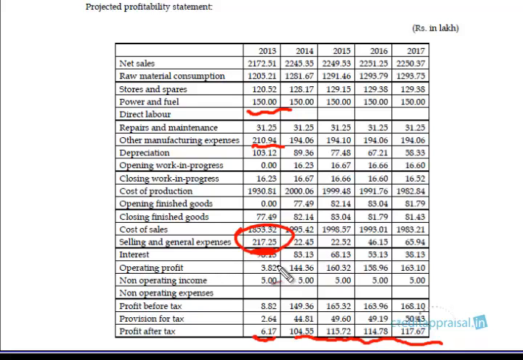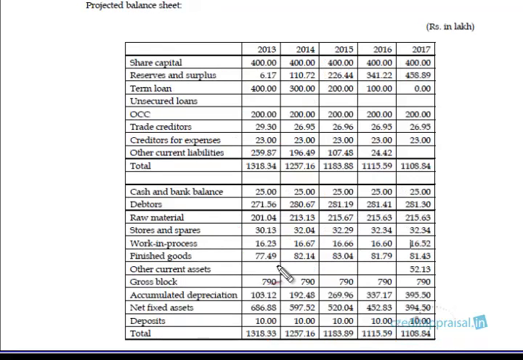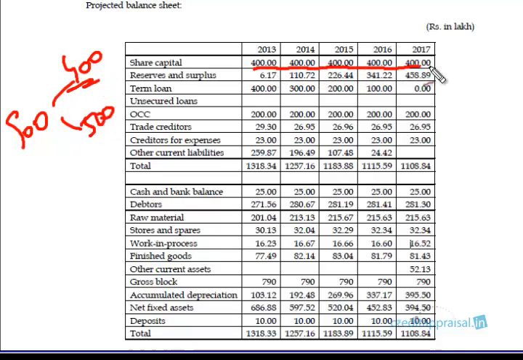This was the envisaged P&L account, and we can also have the projected balance sheet. This was the balance sheet projected last year. If you remember, the 9 crores project cost was planned to be met by 4 crores of promoters contribution and 5 crores of term loan. So 4 crores of promoter contribution, you can see here. This was the envisaged capital, right? Term loan is 5